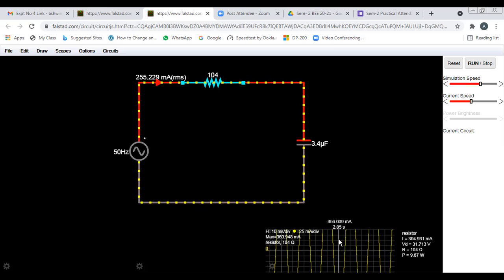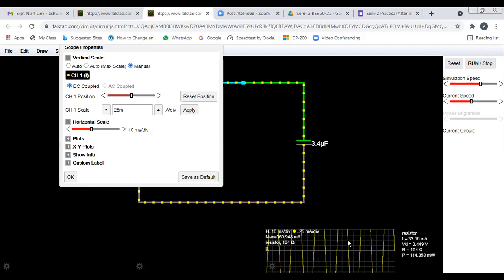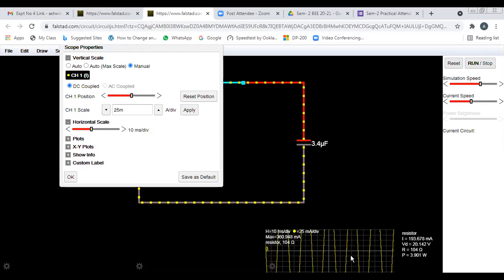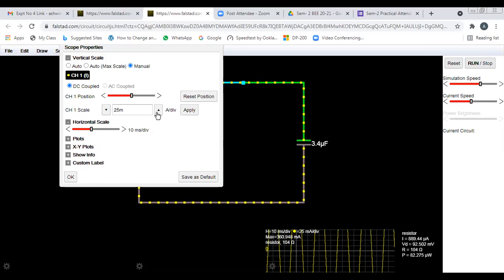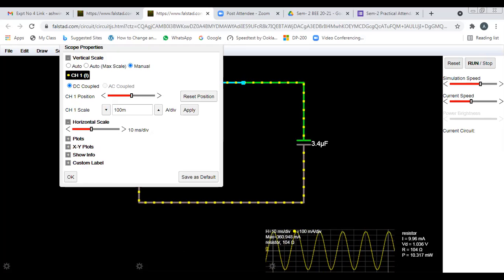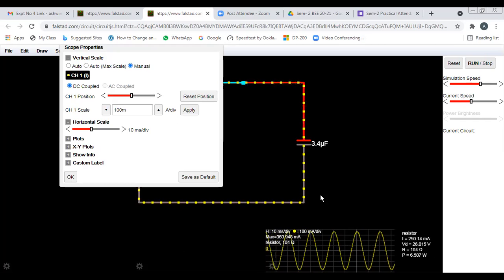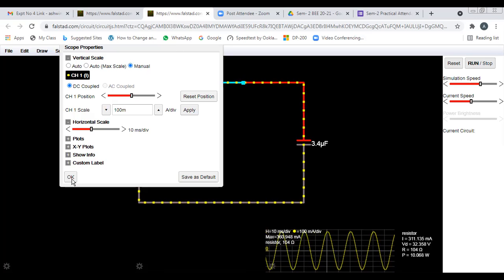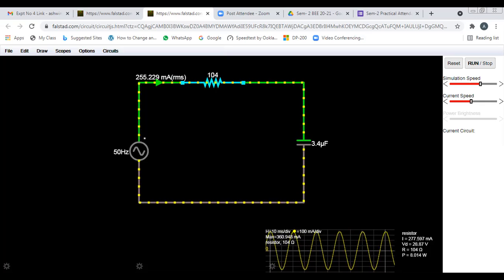So right click again on the graph, go in properties. The X-axis scale is okay, but we'll change the Y-axis scale so that you can see the peak value. This waveform is also sinusoidal. See, I have changed the Y-axis scale to 100 milliampere per division. So is the current waveform proper and visible? Yes, ma'am. So see the current value, the maximum value, how much is it displaying?